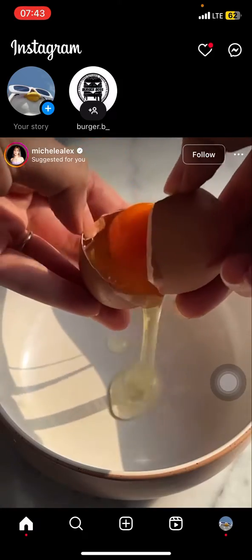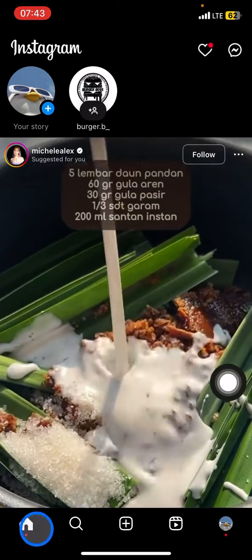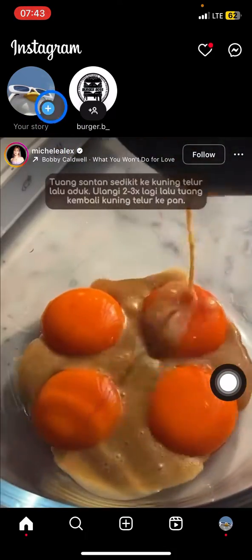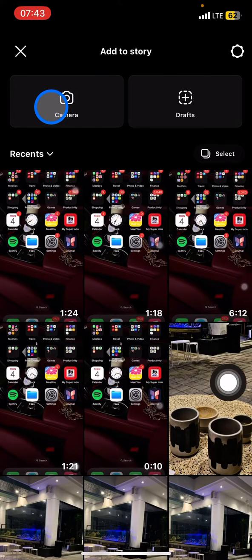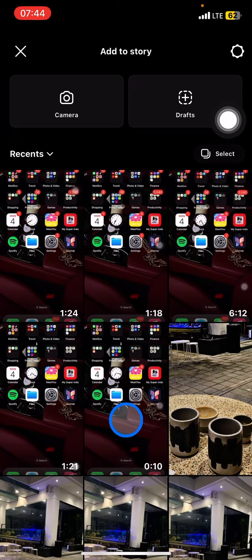To create a poll on Instagram, you just need to open your Instagram, and right after that stay in the home section. Now you just need to access the Instagram camera by clicking this plus button, and right after that pick a picture as the base